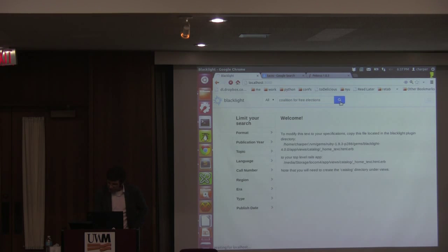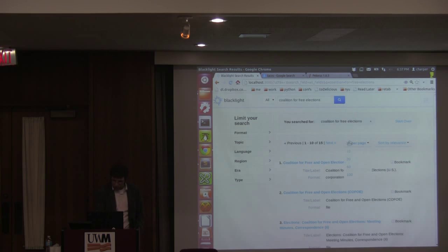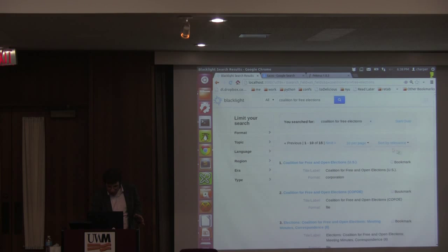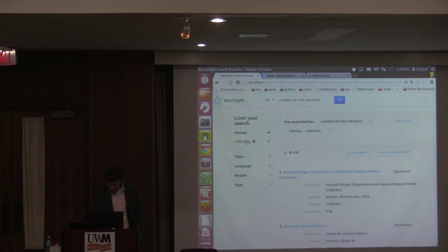You do a search for something like the Coalition for Free Elections, right? You'll see a corporate entity there, and that one actually didn't get Wikipedia enrichment. I'm still working on debugging pieces of these things. You'll see files, you'll see a variety of other stuff. If you go to the format and say, oh, I just want to look at the collections,